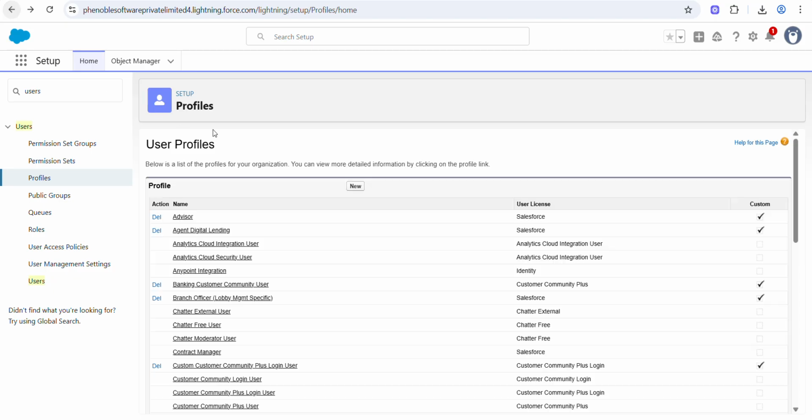Let me just go back. This is all the basic configuration for how we should start with Financial Services Cloud. We discussed the users, the permission sets, the permission set licenses in this org, and the profiles with their assigned apps.